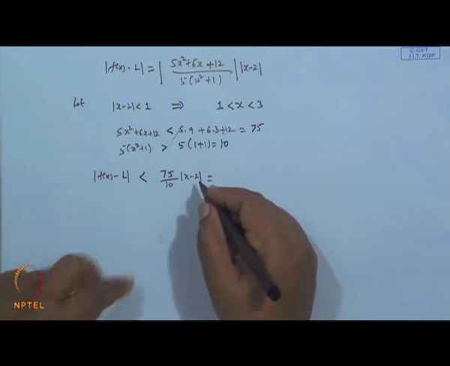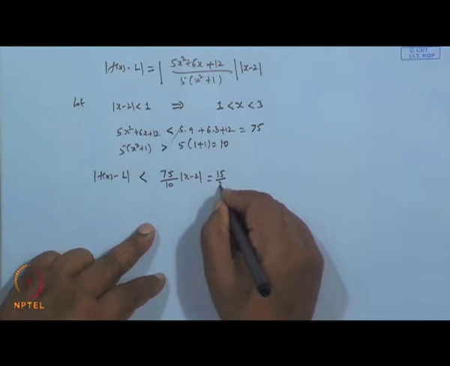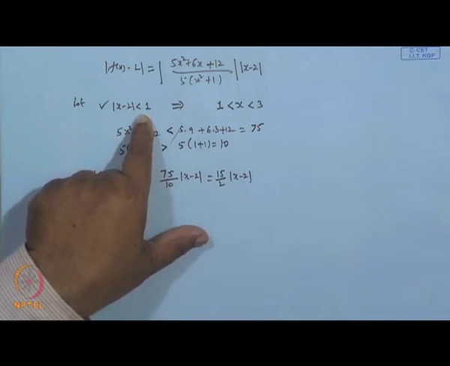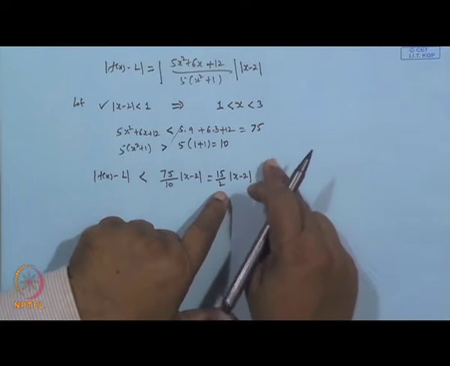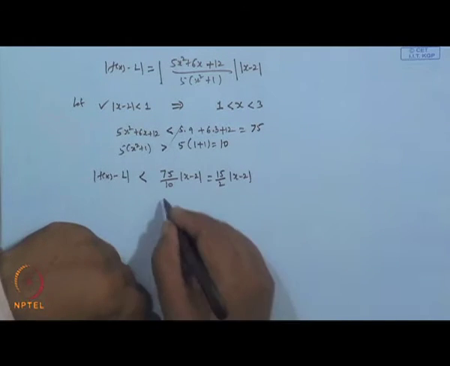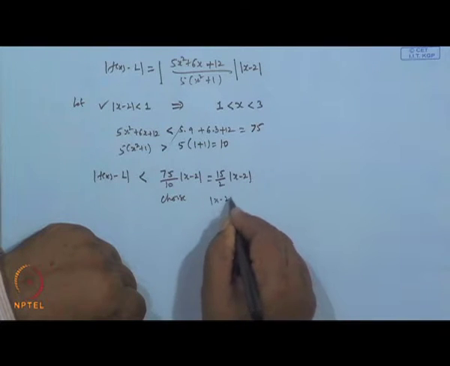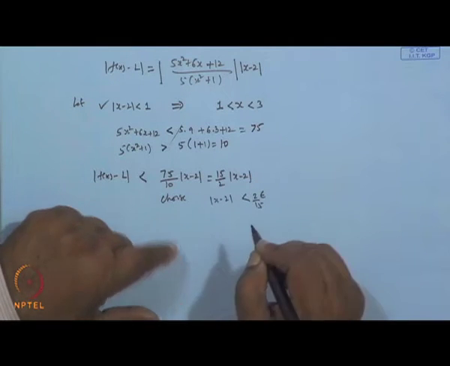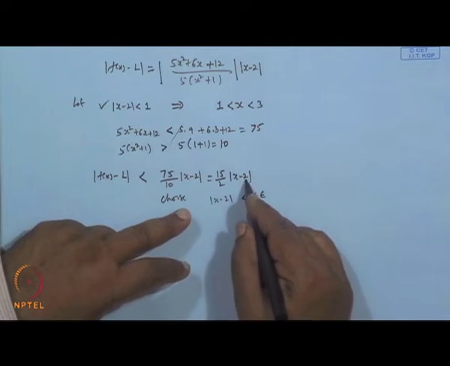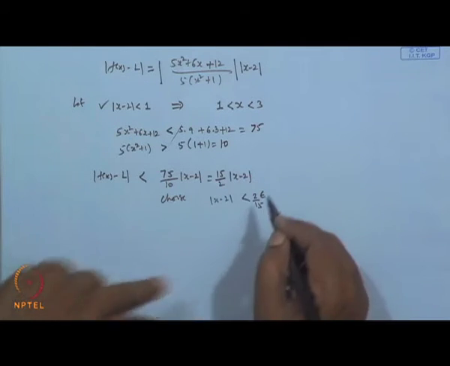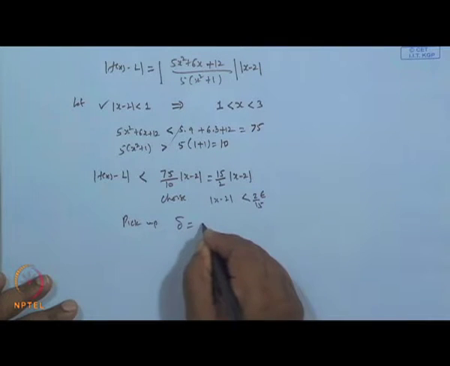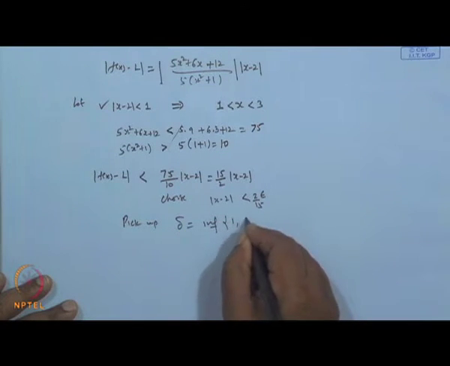That is equal to what? It is nothing but 15 by 2 mod x minus 2. So, first mod we have written like this, that is delta 1 you can say. Second bound we will start from here, because this entire thing we wanted to be less than epsilon. So, if I choose mod x minus 2 less than, say, epsilon times 2 by 15, then as soon as you write this, all quantity will remain less than epsilon. So, now pick the delta as the infimum of 1 and this number.